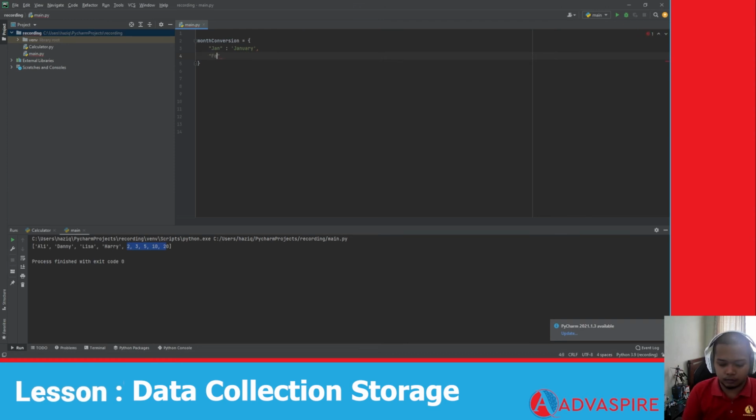Feb, February, and the last one will be March. Now you have the dictionary. I just use 3 first because later will be something else. Now that you have the month conversion like this,